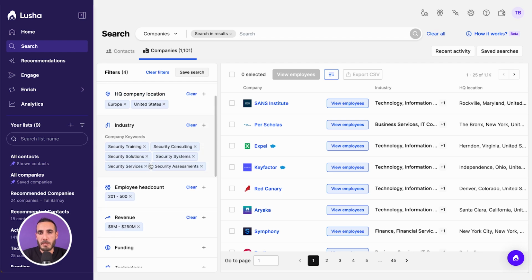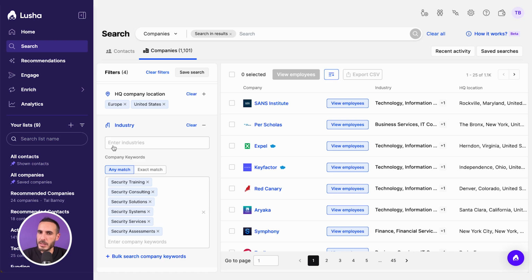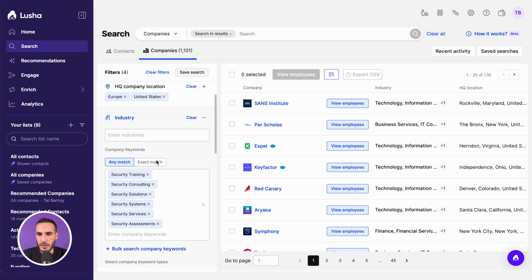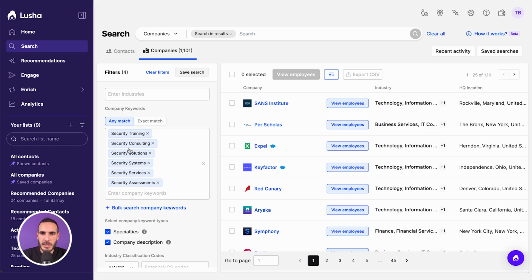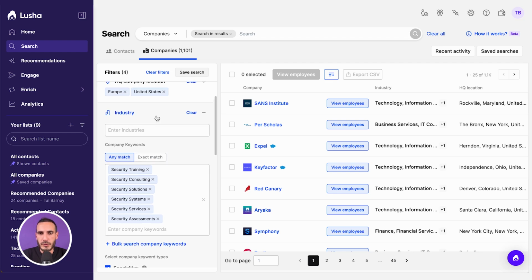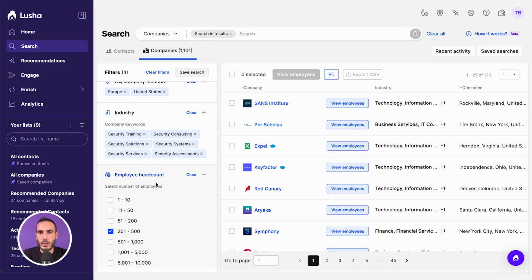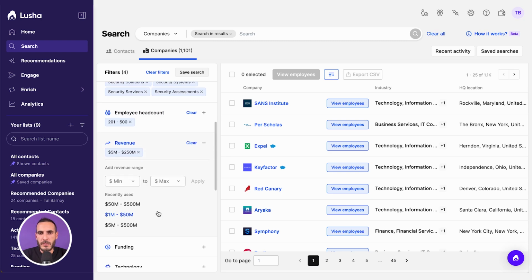We can use the main industry name, but in this case, let's use keywords that describe these companies' specialities to get accurate results. I'm going to narrow down this list to companies that offer security training, consulting, and a few more. Next, we can apply filters for employee headcount. Let's go with 200 to 500, keeping the revenue between 5 to 250 million, and we have a nice list